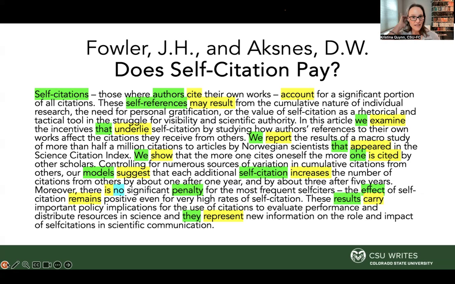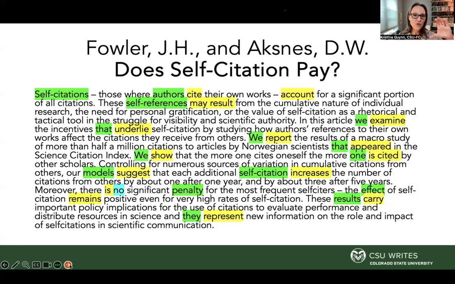If you write your abstract and you have a lot of is words, because notice where is here in a kind of strangely structured sentence, and here next to is cited. If you have a lot of is, was, were, be, being, been kind of verbs, those are wimpy, like they don't carry a lot of weight. They don't move the story along. All of these are pretty strong verbs in some way, shape, or form, right? Cite, account, result, underlie, report, show, suggest. Okay, so you get my point that the verbs are going to carry the story.